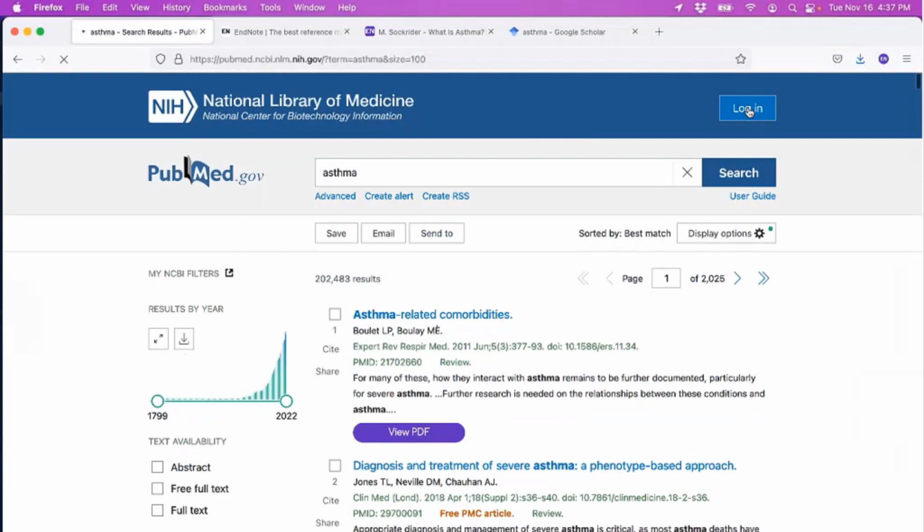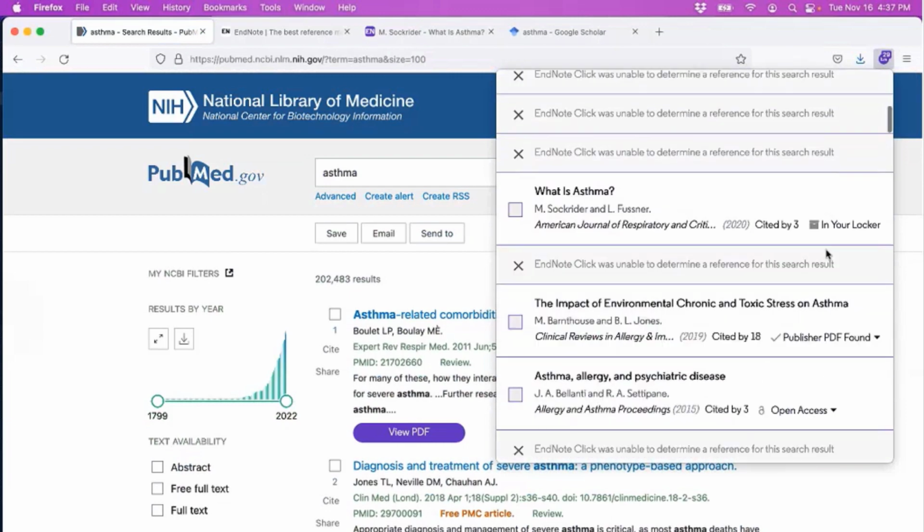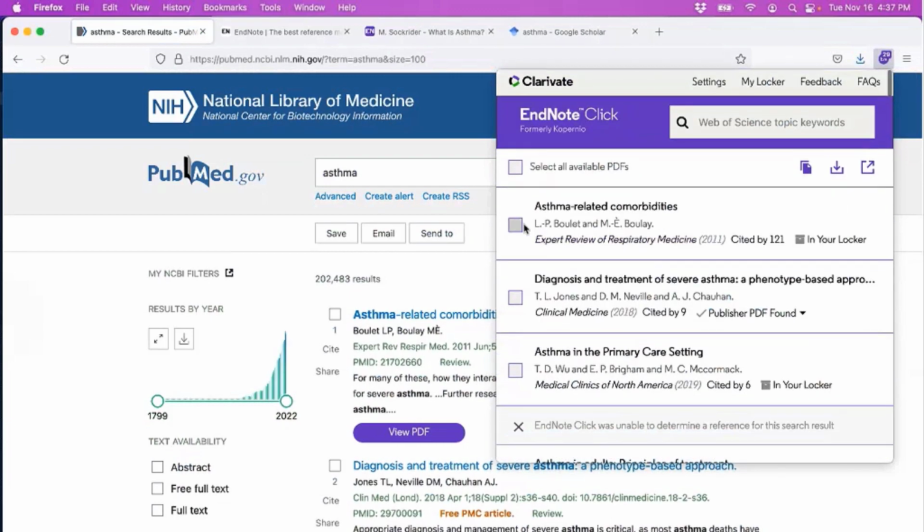If we perform that search one more time here, we've got the same search results that are recreated on this screen. And if we wanted to request more than one reference at once to be sent to our library, we could mark them or mark all available references shown here, and again export them en masse to our active EndNote library.